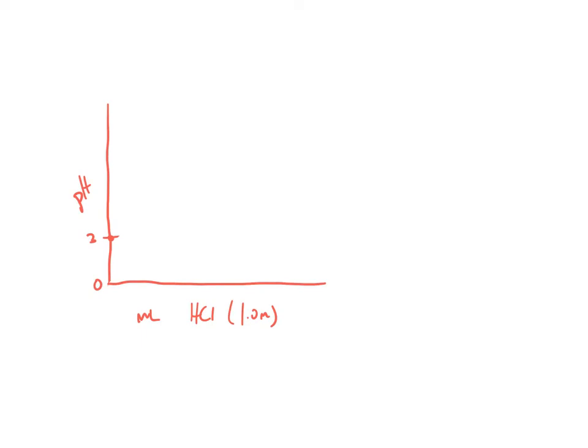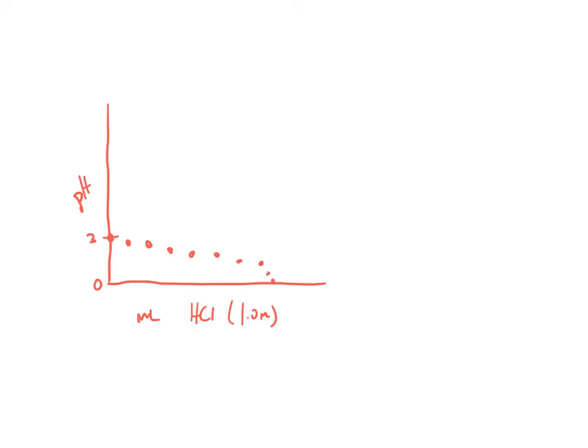Now let's take a look at what a graph would look like for the same buffer but with the addition of HCl. First of all, you'll notice that it starts at the same pH as your blue graph, because your blue graph and your red graph should have the same buffer in it. But now we're taking that buffer and adding a strong acid. And you'll notice that as the acid gets added, it will gradually sink down,